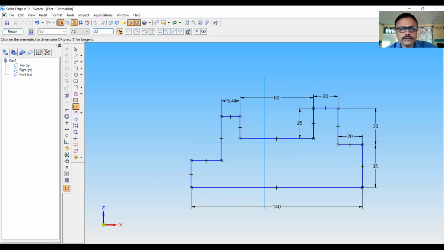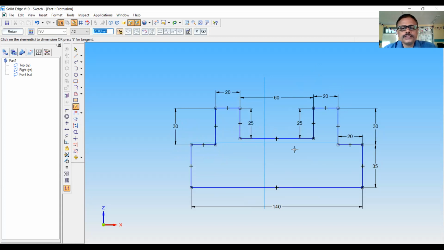This dimension is 20. And this dimension is 30. See, it is all easy if you do the dimensioning later. This I think we have not done. This is 25.